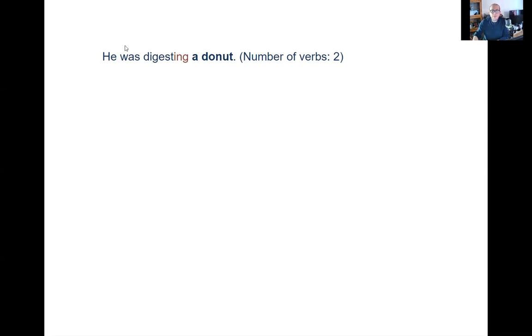So as you know, in the passive, what we're going to do is we're going to focus on the donut instead of focusing on the person. So that's the difference between the passive and active. In the active, we're focusing on the person doing, or the thing doing, excuse me, the action. But in the passive, we want to focus on something else because we don't want to talk about the person doing it. So you can say problems were made, or